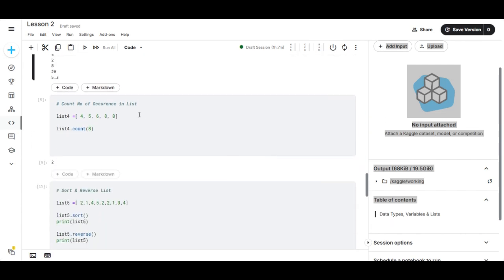So we now have to count the number of occurrences in a list. You have list 4, and you have 4, 5, 6, but you have 8 appearing 2 times. So if I want to count the number of 8s in this, the number of appearances here is 2. If I increase it, for example, by 1 more time, and I run it again,